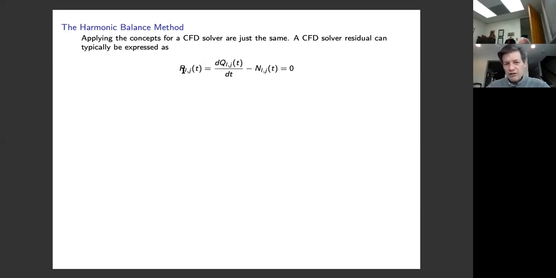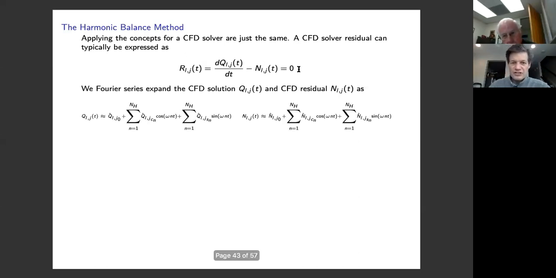So that's what the L subscript represents. The J subscript represents the mesh point. You've got millions of mesh points perhaps, but at the end of the day, the residual can be expressed as the following